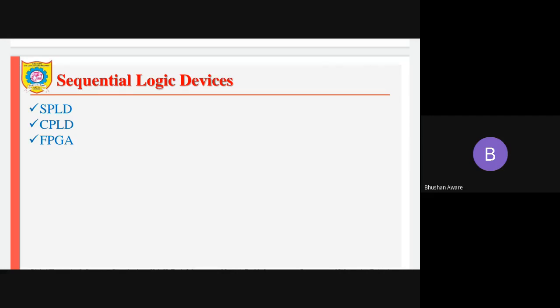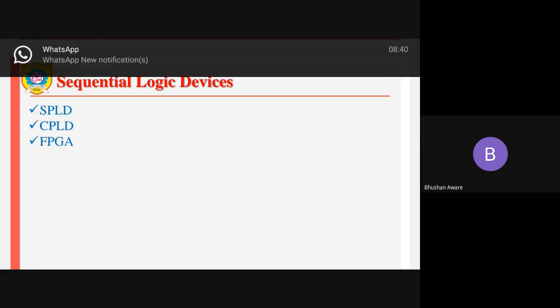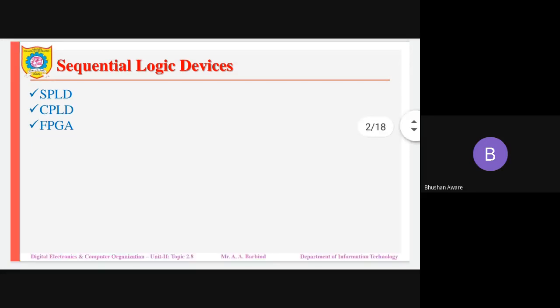So this particular logic device is programmable in the sense that you can program it. It is a single IC, and it is programmable. Programmable means what? You can decide, you can configure that particular chip such that the chip will function as per